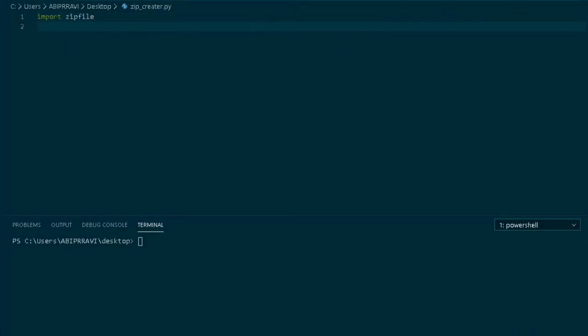Import the zipfile module. There are two methods to create the zip file in this program. I'm going to show the first method and its output, and the second method and its output. Create a zip file variable called zip_creation,